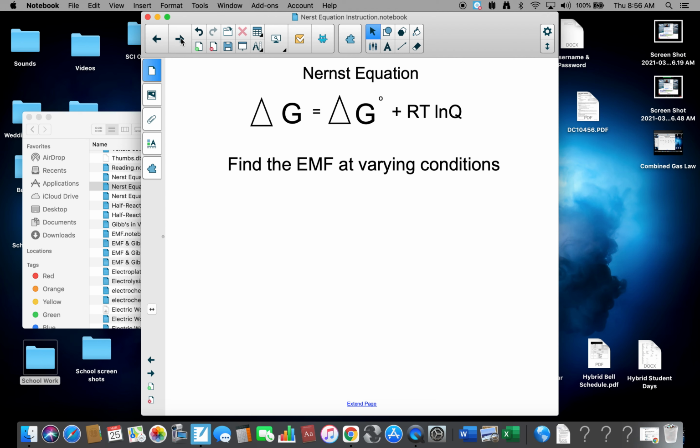Now, when Nernst first came up with it, he came up with the Gibbs free energy at any condition is equal to Gibbs standard plus RT times the natural log of Q. Now, he didn't necessarily like that, so he decided to work through it, and through derivation he came up with this equation where the electromotive force at